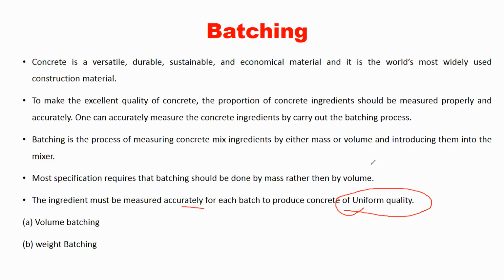Like this, suppose you need 10 meter cube of concrete, then batch by batch you will produce the concrete 10 times. For the first batch, that is for 1 meter cube of concrete, whatever quantity of all the ingredients, cement, sand, coarse aggregate, and water, you have taken, the exact quantity should be taken for the second, third, and all the rest of the batches, so that all the 10 meter cube of concrete should be of uniform quality. You have to take care of that when you are producing concrete in a huge quantity batch wise.